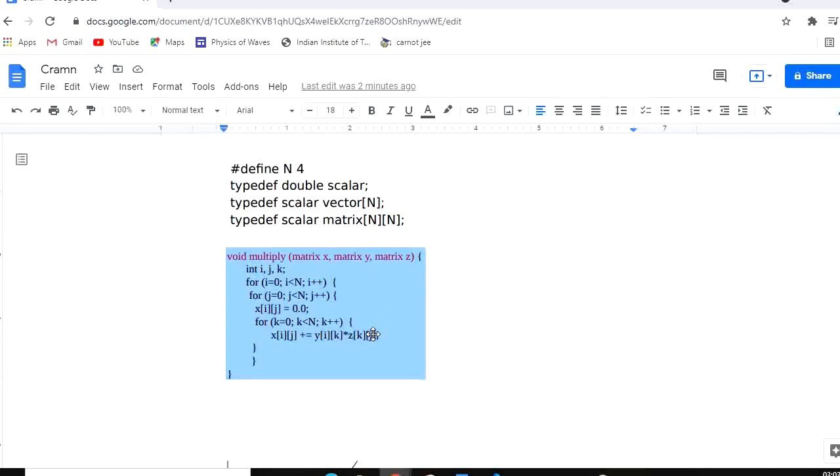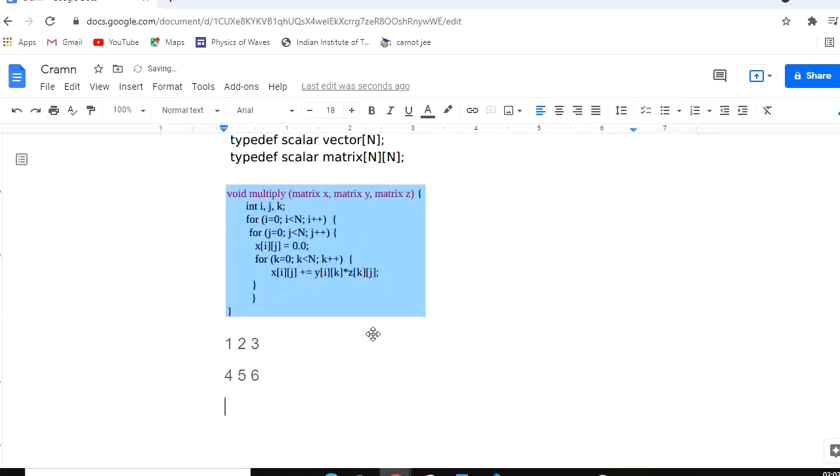If hash define N was 3, the matrices would have been 3 cross 3. Let us see how it would have worked. Suppose this was the matrix, and this was to be multiplied by another matrix. Suppose it was also the same matrix.